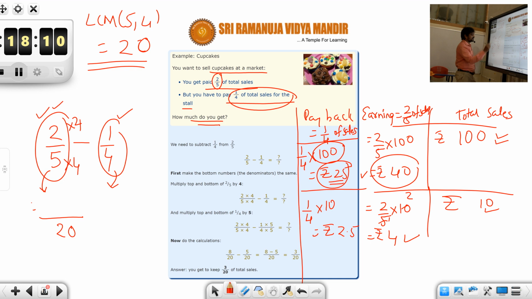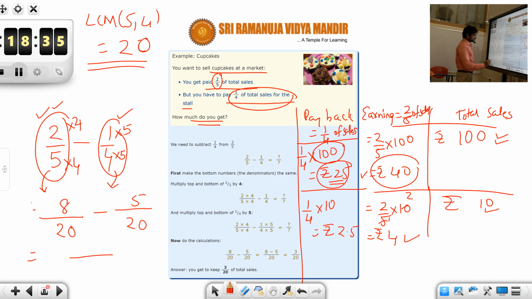Minus, and then 4 times 5 is 20, so multiply here in the numerator and denominator with the value 5. Okay, students, you can observe that the denominator is turning into 20 and the numerator becomes 5. So now we are done with making the denominator the same. What is the next step? Simply, we keep the common denominator and take the difference of the numerators. So this is equal to 3 upon 20.